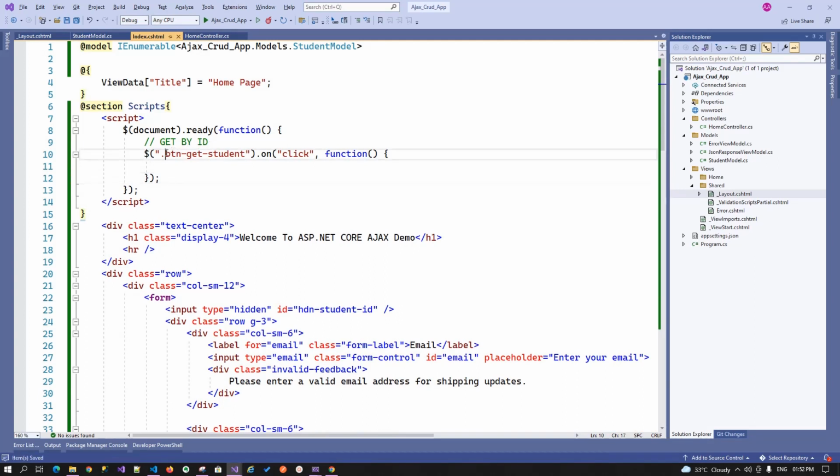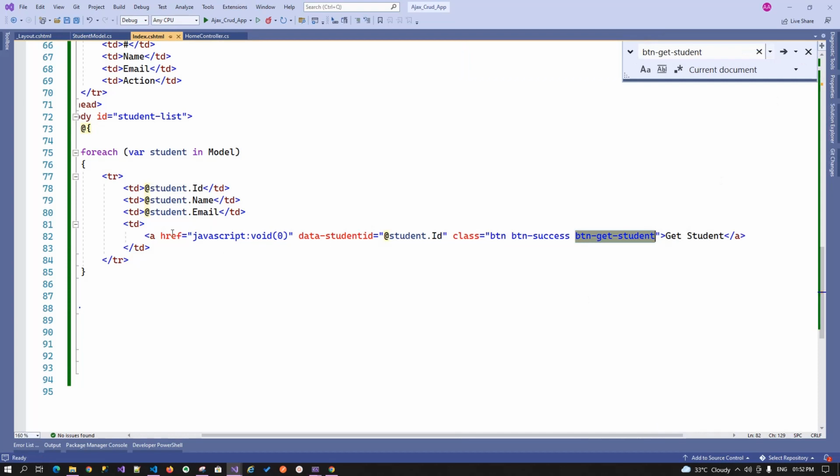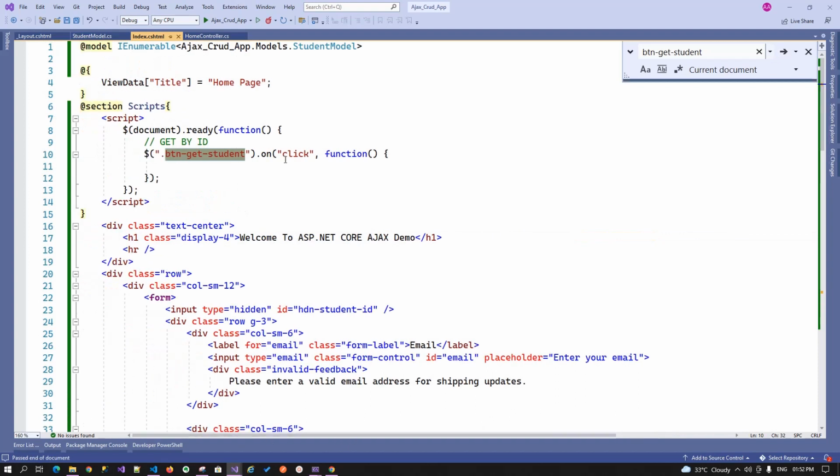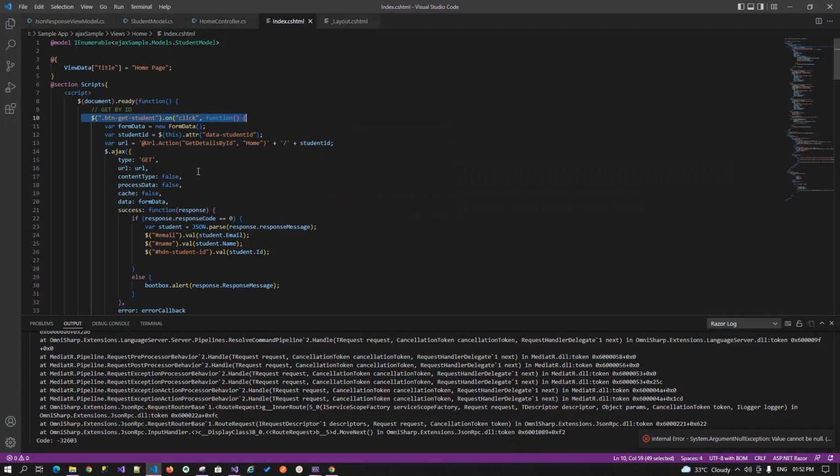If I find this is the class because I am using a dot in front of it, and you will see where this class has been mentioned, it is mentioned over the table anchor list where we have a get student button. Okay, so whenever this button is clicked, we will first try to retrieve the student ID from the data student attribute. Okay, so over there